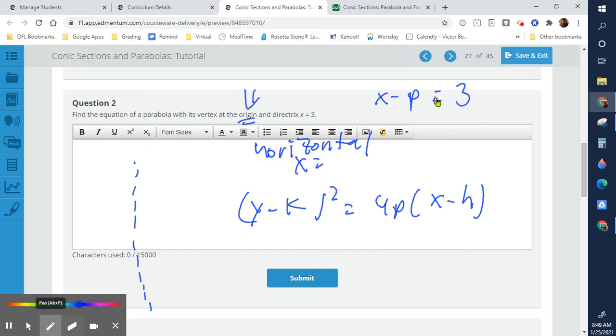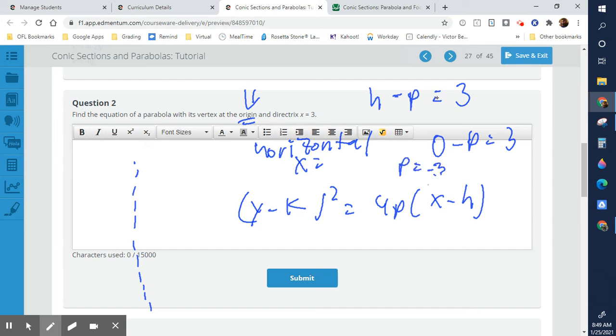Or I should say, you know what? I shouldn't say x minus p. I should say h minus p. h minus p gives us 3, and our h is 0, minus p equals 3. That means our p equals -3. So p equals -3. And this is 0, this is 0. So we're going to have -3 times p. So we're going to get this